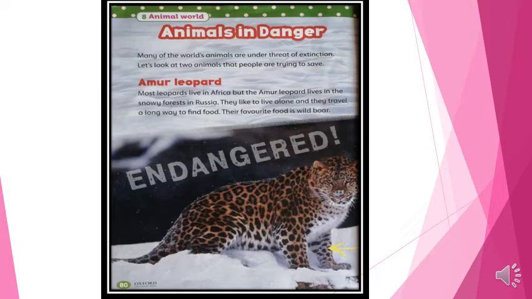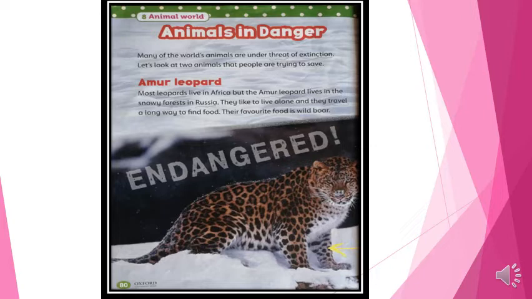Extinction means dying. So as we already read about this, that many of the world's animals are under the threat of dying, and we have read about leatherback turtles. Today we are going to read about two animals, which includes armor leopard and Jarvan rhino. So let's read about armor leopard first. We will also read what are people doing to save the animal species for these two animals, armor leopard and